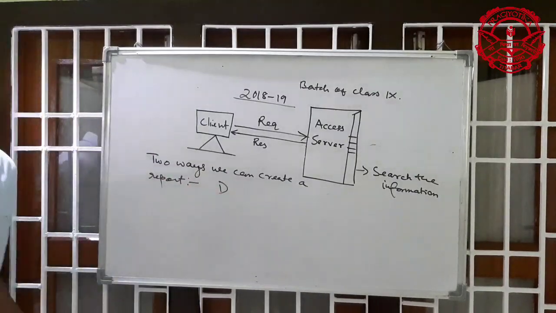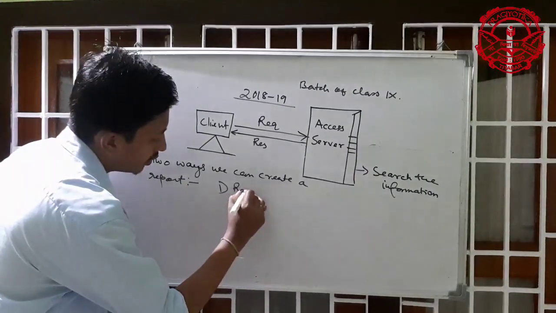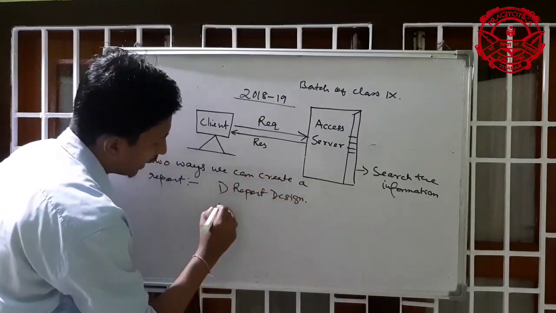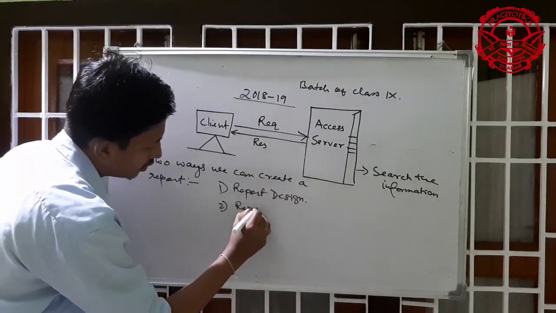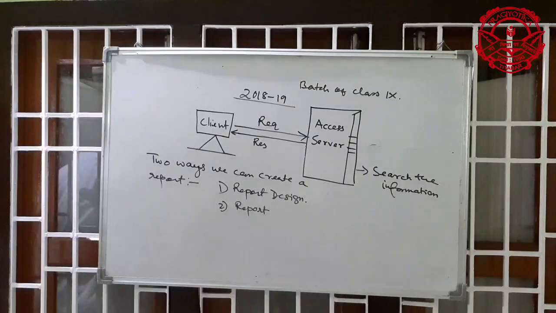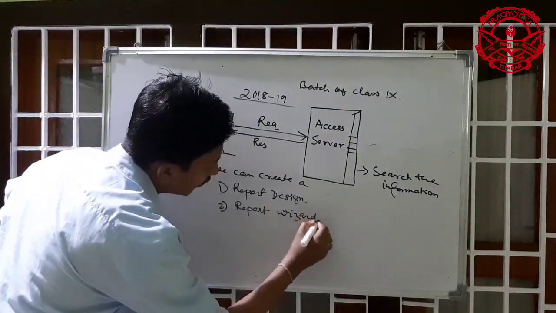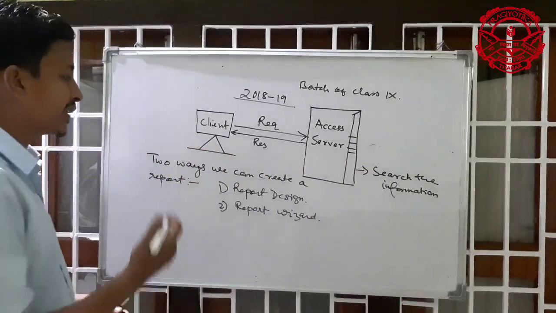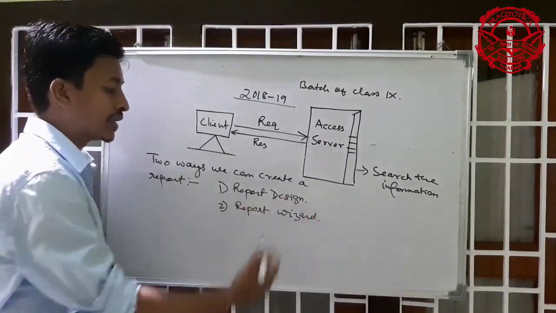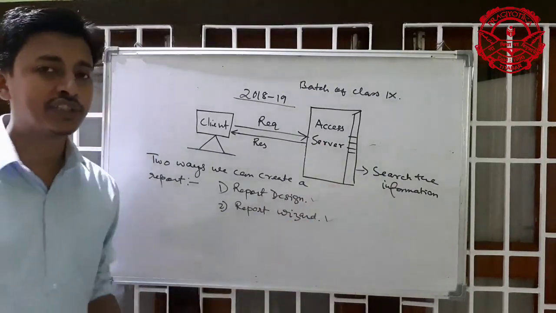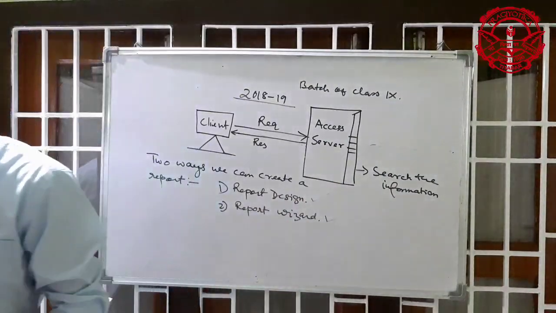Number one is report design, and number two is report widget. So we can create a report with the help of two ways. The first one is report design, and the second one is report widget. Okay. So now first,